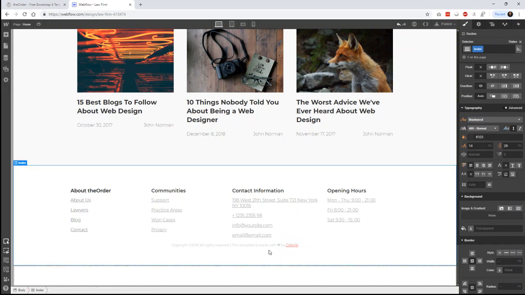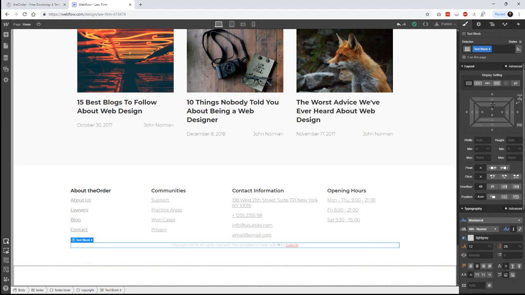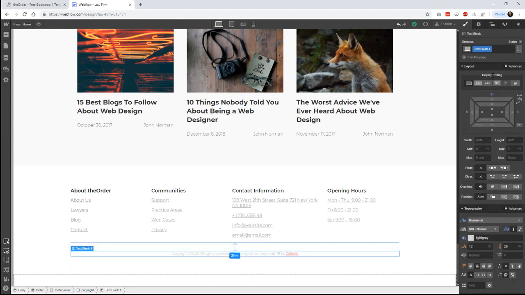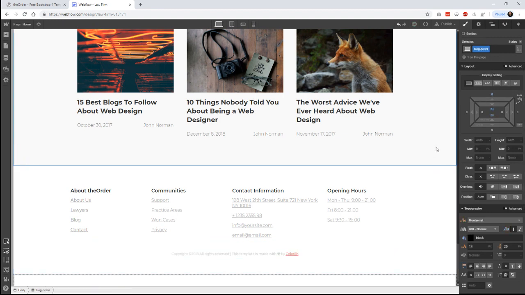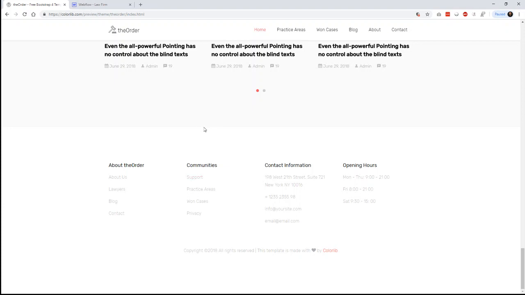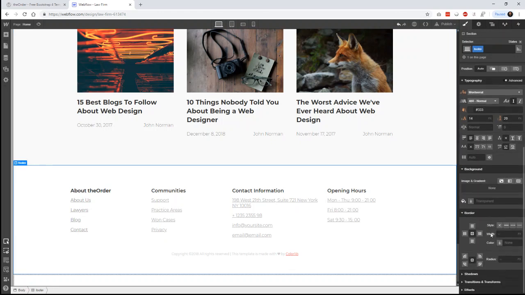Getting real technical down in here. And then this we'll just give some margin to. So 32 pixels. Okay. And I believe this has a top border as well. Like you can see, the border here is a little bit darker than the white smoke. So if we go here and we scroll down to border, we can put a border on the top,